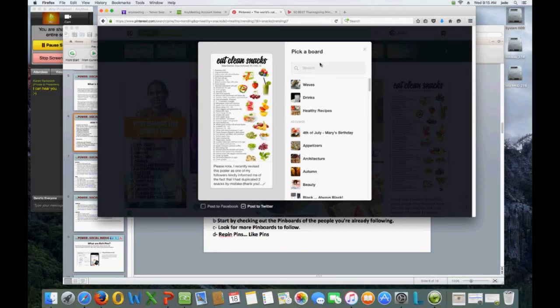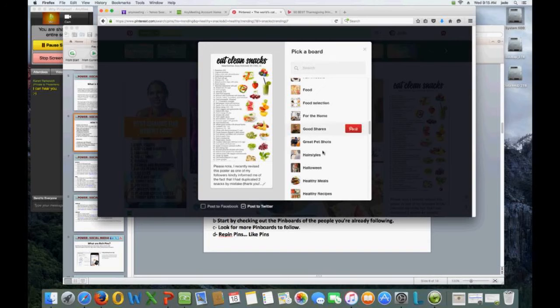It says pick a board. And then I'm going to go to my health recipes, or I can pick some other boards that I have. Might be good for food selection, healthy meals, healthy recipes. So healthy meals. Okay, you see, it's saved to my healthy meals. That's that simple.